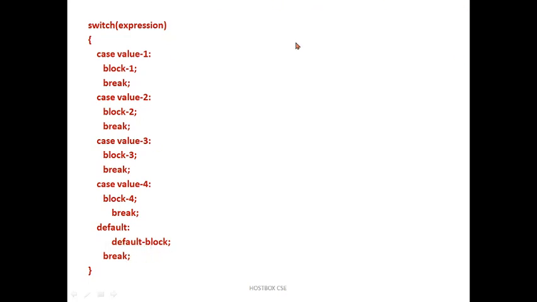We need the switch statement in C programming because it tries to reduce the number of lines. Suppose you are writing a program of 25 lines; with the switch we can reduce it to 10 or 12 lines, so there is a possibility of reducing the code. Let's assume that I want to print the day of the week, Sunday, Monday; at that time we can also use this kind of switch expression.